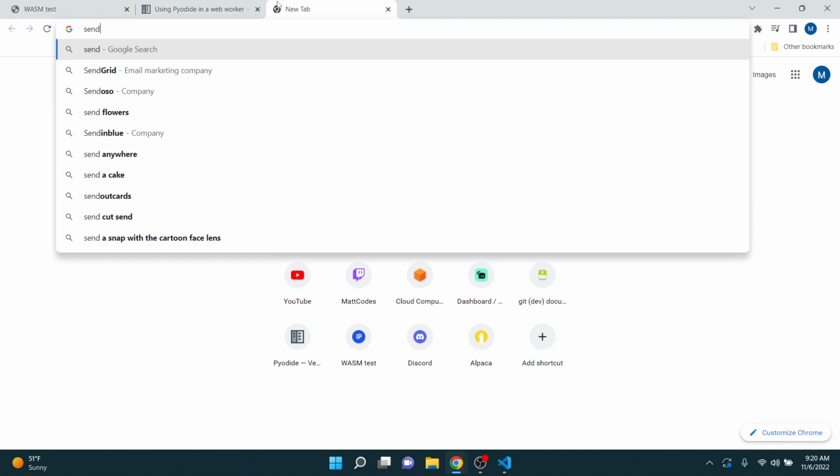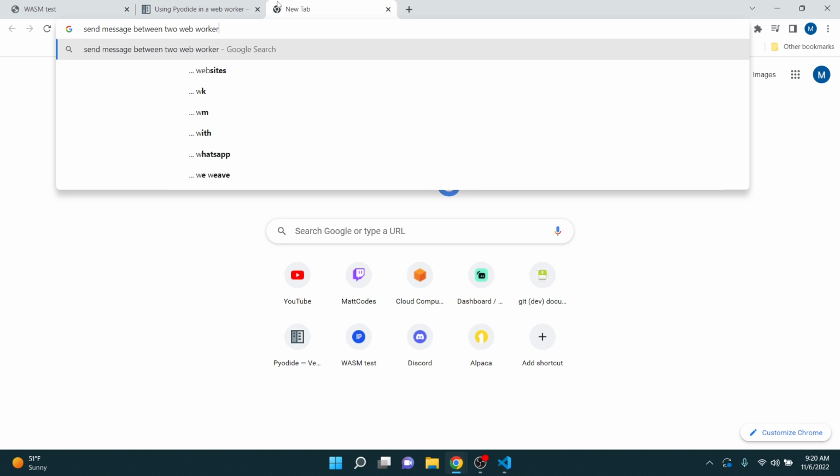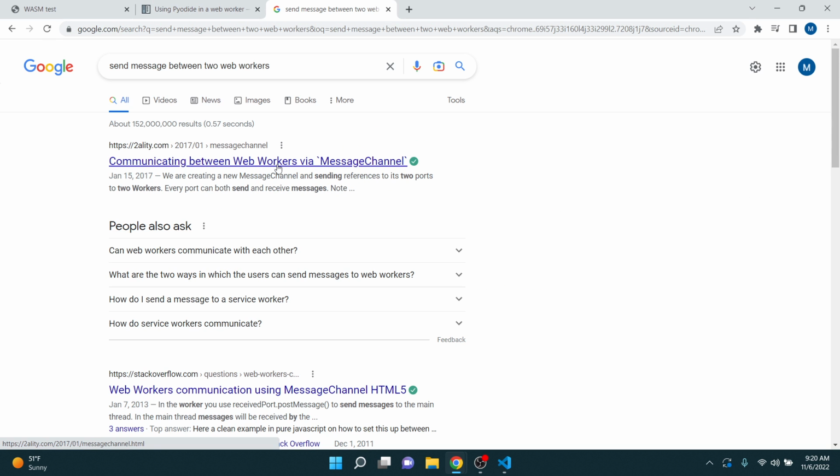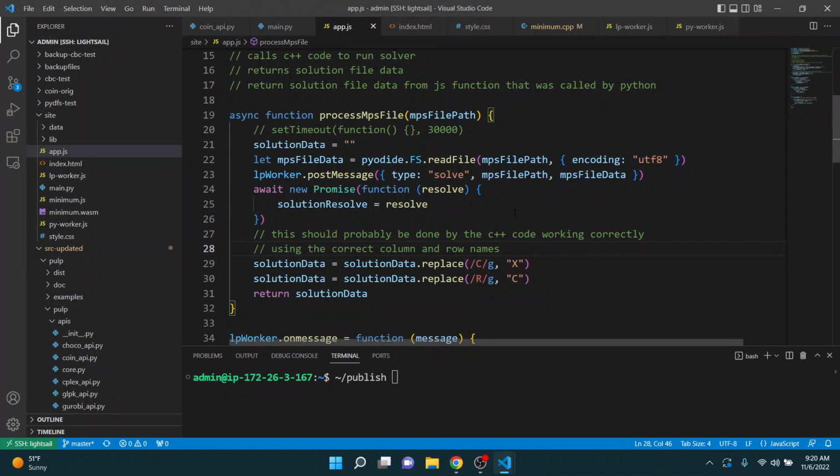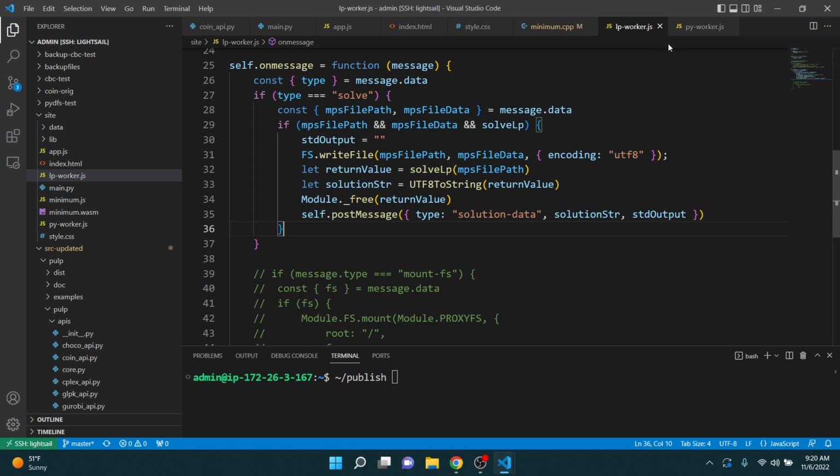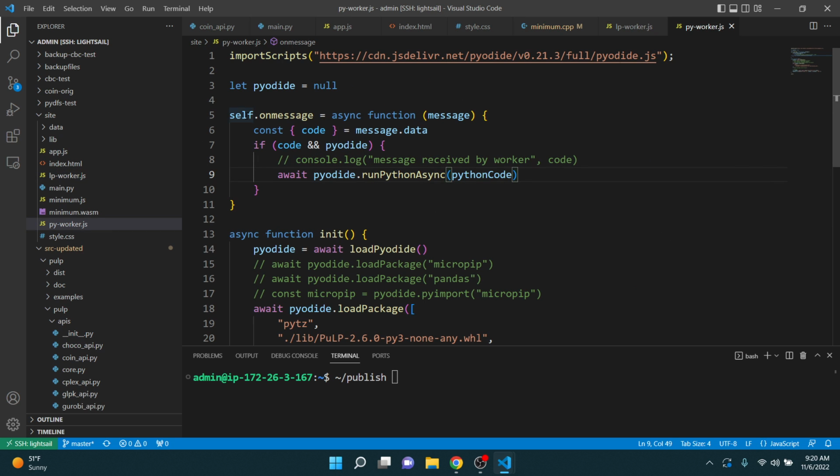I know I've looked this up before, but message channel. Hmm. I don't think I want to mess with that. I think I actually just want to come back to the main thread, get the message back here, send it back off. It's kind of a process, so let's do it. Okay, so self on message, async. I'm not sure this is gonna work though, because